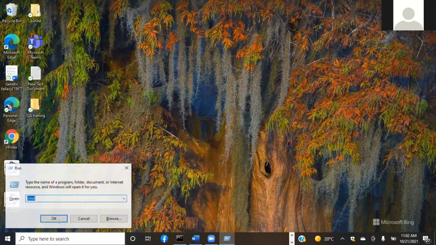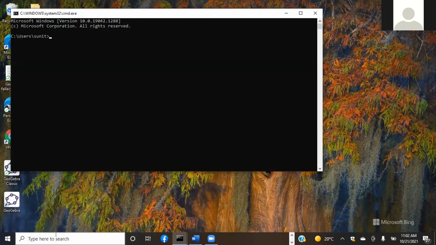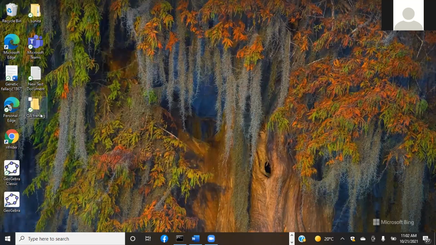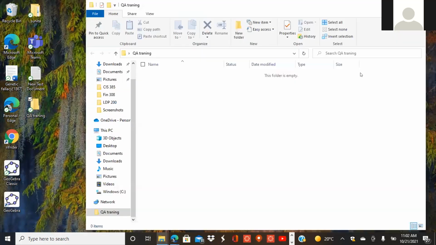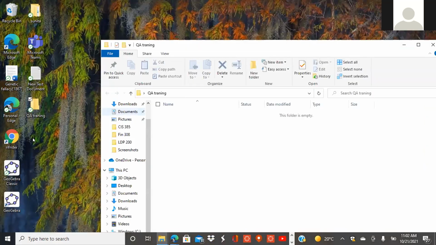Now you open the command prompt. First you open the notepad. Don't open command prompt. Open the notepad. I already created it here on the screen. Show me that file. Where is that file? You have just created the folder. Actually, I created it outside, on the desktop screen. But you have to create it inside, right? Yeah. Okay, let me create.